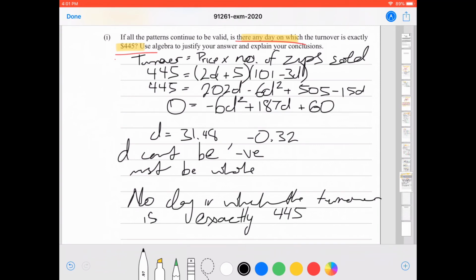Okay, and that is our correct answer here. So T1 gives a valid explanation as to why the turnover is never $445. So excellence, and that's a T1 excellence. And when I talk about T1, that is basically